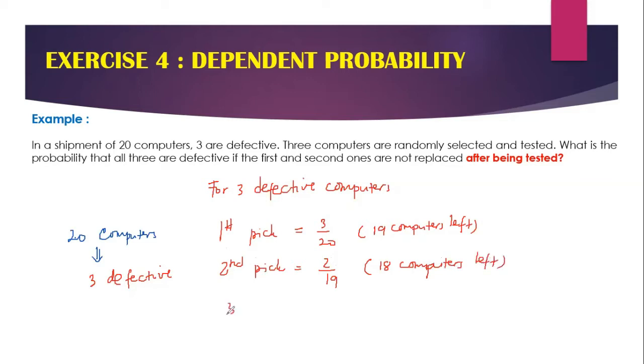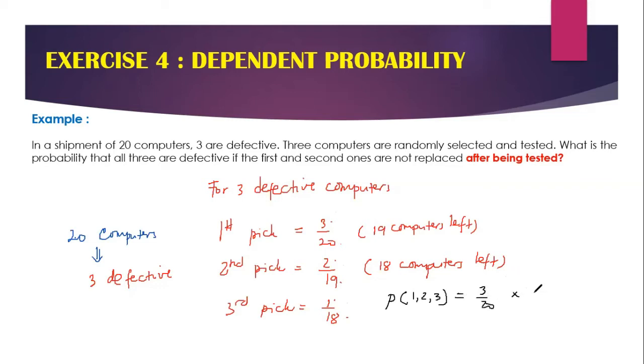And the third page is 1/18. Okay, students? We took three defective computers. 3, 2, 1 out of 20, 19, and 18. So overall, the probability of the first, the second, and the third is